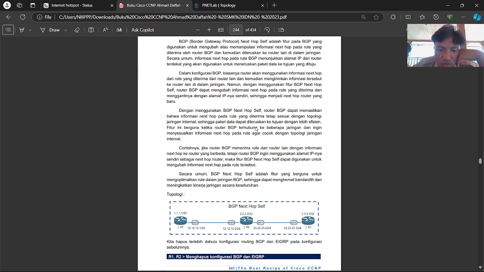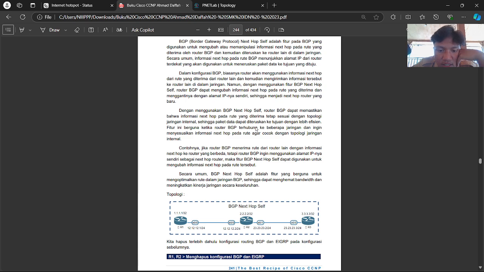With BGP next hop self, the BGP router can ensure that the next hop information the router receives is the same as in the internal network topology.